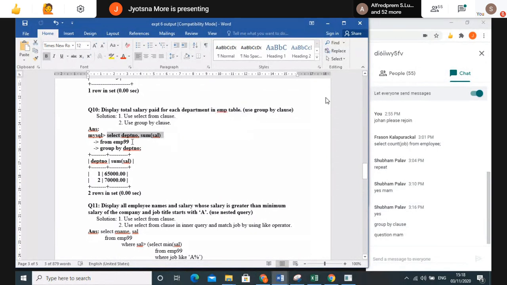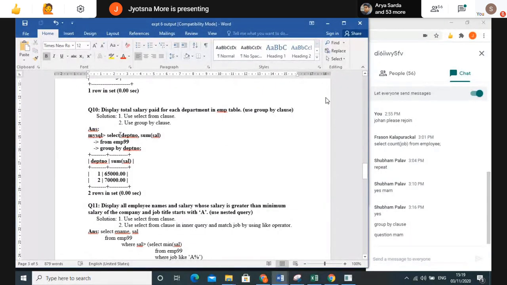From table name, this part is clear. But now, whatever total salary I am getting here, I require it as per which group? Department number, right? In the group by clause, see to it that the attribute we are using is not part of your aggregate function.